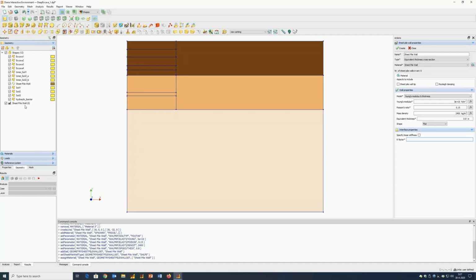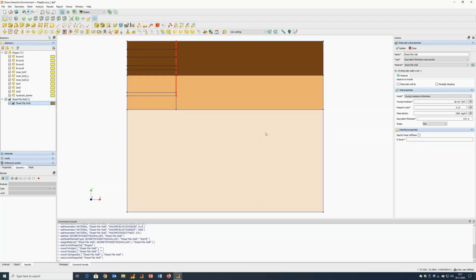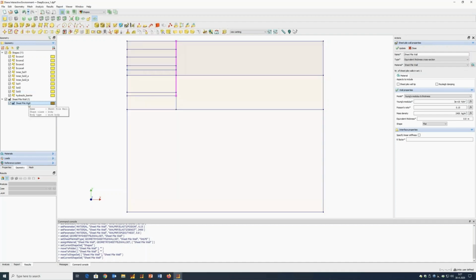So what I need to do to assign the property of this set to my geometry, I can simply drag this geometry to the set. And of course, it's a live demo. Okay, so now you see that my geometry is part of this set. And when I double click on it, you can see that on the right side, I have the property assigned. So you can just drag and drop the entity to the set, and then it will automatically assign the property